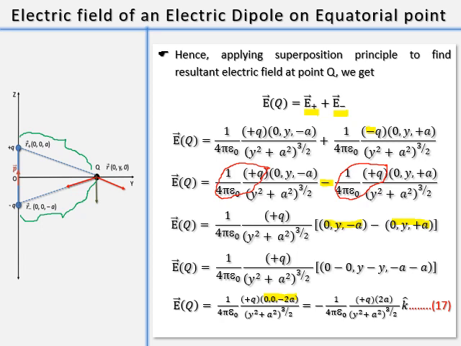as the x and y components are 0 here, instead of mentioning them, we can consider the direction in unit vector k cap, and then the equation will have q into 2a in the numerator, k cap indicating direction, and the denominator is y square plus a square raised to 3 by 2. Obviously we have 1 by 4 pi epsilon 0, and one more thing we should notice here: what is this negative sign indicating? Okay, let us go further. We will realize it very soon.